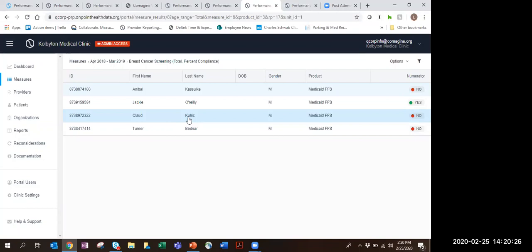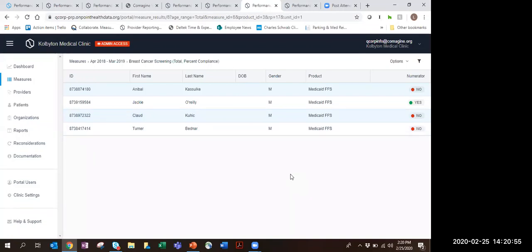So another question that came in ahead of time was, how do we correct data that's not accurate? And that reconsideration process is the process for how we do that. So we do plan to have a webinar each quarter when we update the portal. So I'll go in more detail into how to do reconsiderations next time, because reconsiderations will actually be open next time. They're not right now.